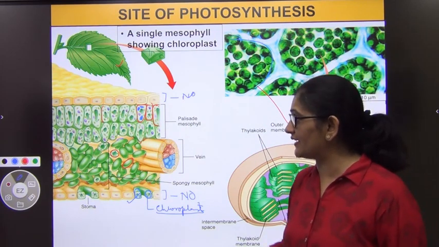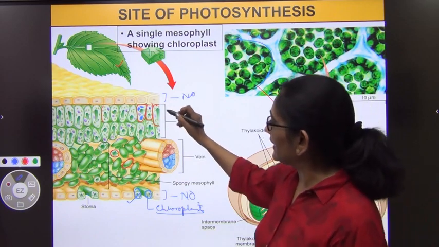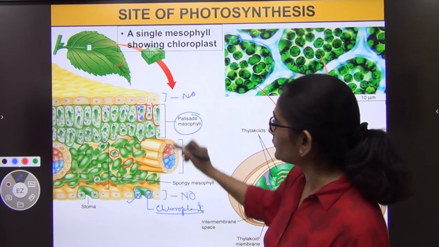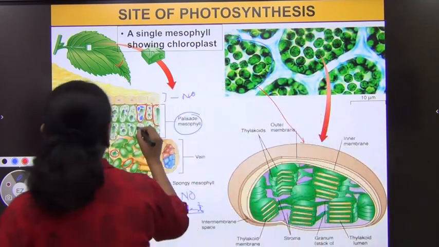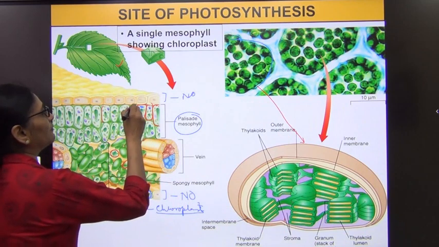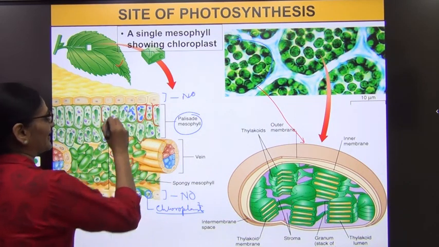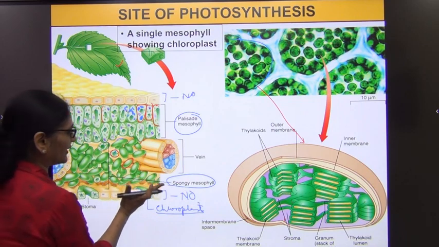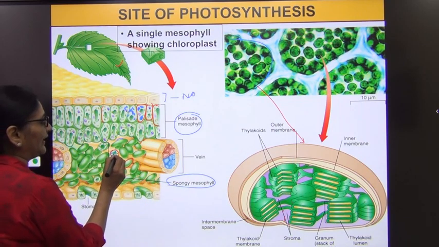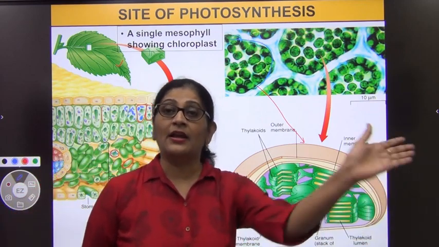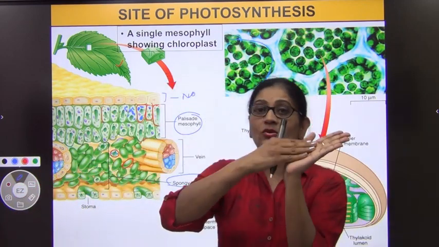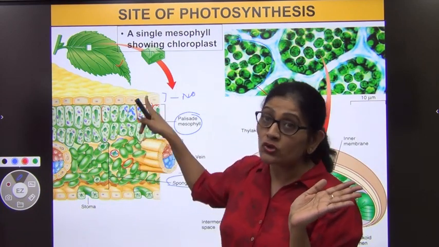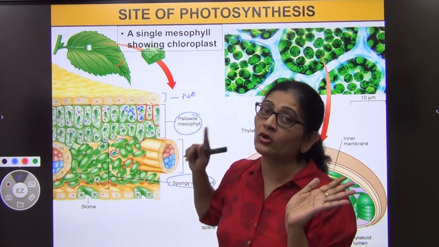Another thing I want you to notice here, which you will notice in the further diagrams also, is that the upper mesophyll layer, which we call the palisade mesophyll or the palisade parenchyma, contains more chloroplast. The chloroplast is dense over here as compared to the spongy mesophyll layers. As compared to this, this has fewer chloroplasts, see here there are only 2-3, while here there are more. There is a reason for this. Why? Because the palisade layer is in the upper epidermis, it is close to the sun. This receives more sunlight, so it can do more photosynthesis, so it has more chloroplast.